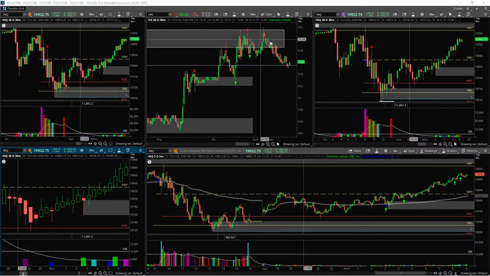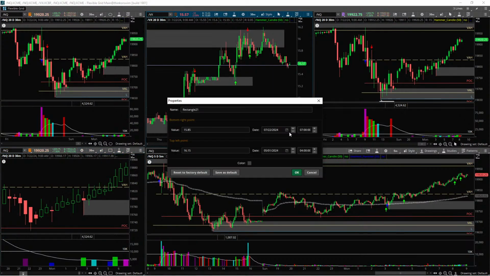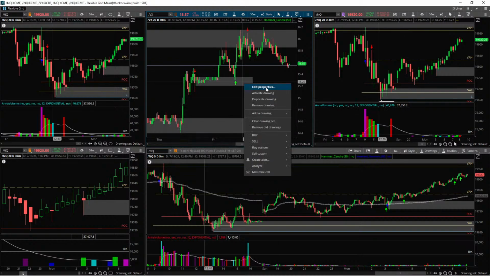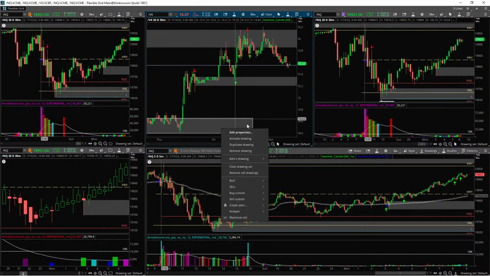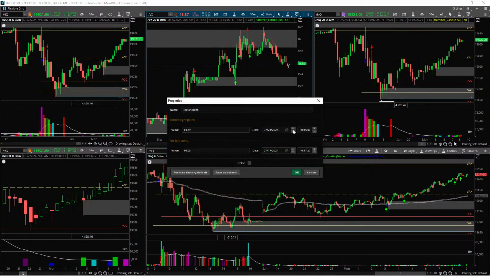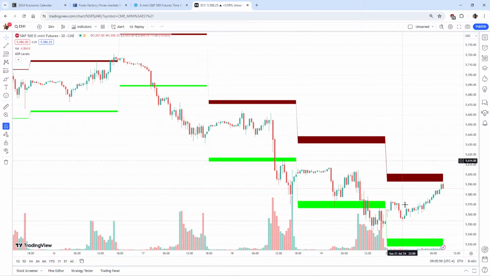And VIX bounced off of a level that I had here for a while now. And right now it's moving lower. May come down to this and bounce, or may not. I'll come back to VIX in a bit. But at least let me extend these boxes out. And then let's go into, alright, so we're going towards